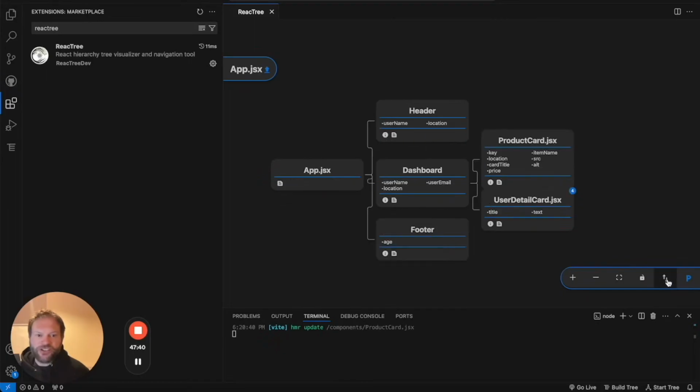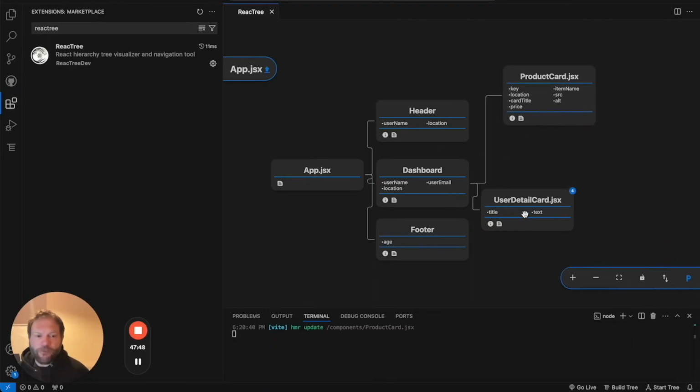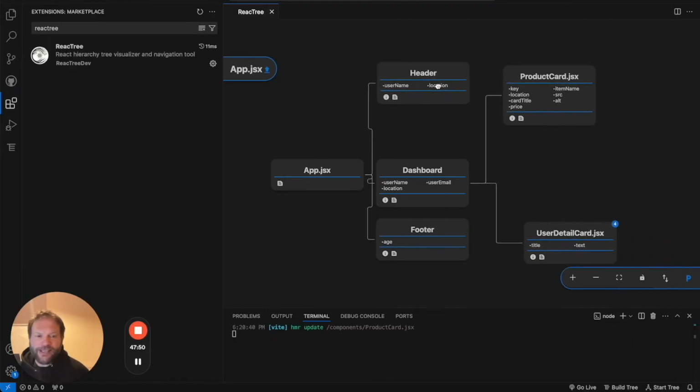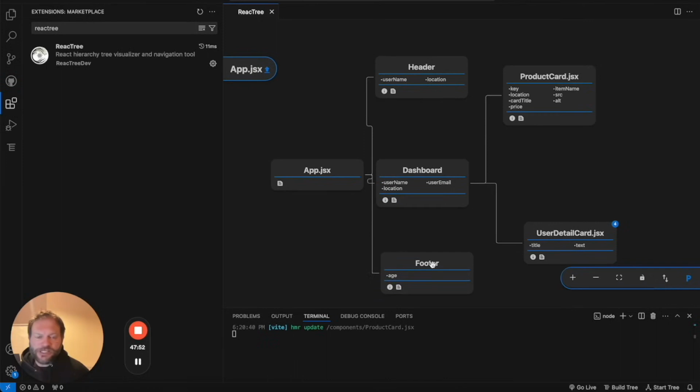You can also change the direction. It might be a bit easier to read left to right than top to bottom. And also you can play around with the layout, which again, in a big app might be useful just to be able to sort of spread things around and see what is where, and perhaps consider some changes, consider making things a little bit more economical. Okay, so we are done. Those are some pretty useful extensions that you can use with VS Code or with Chrome to make your life as a React developer just a little bit easier.